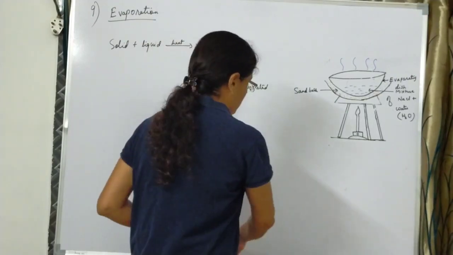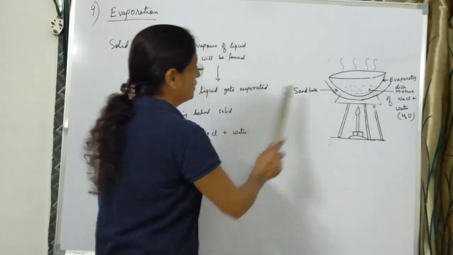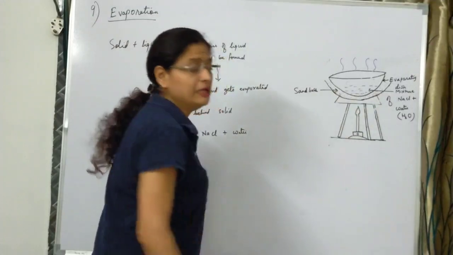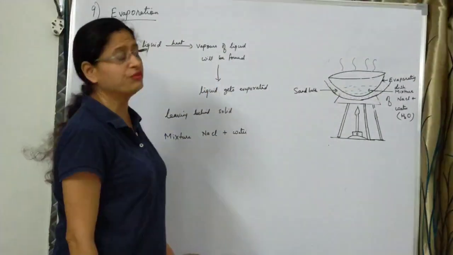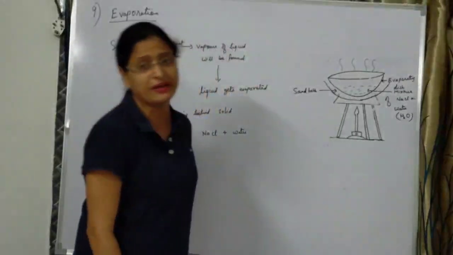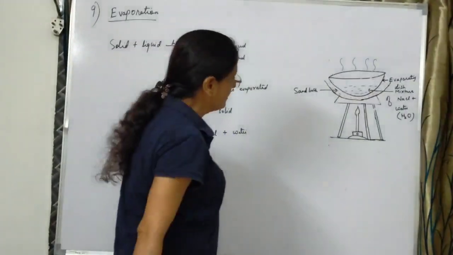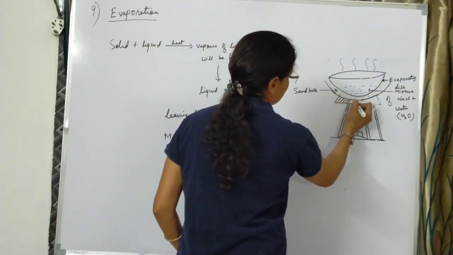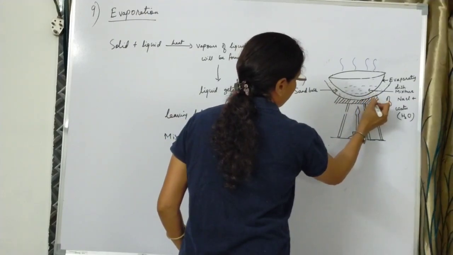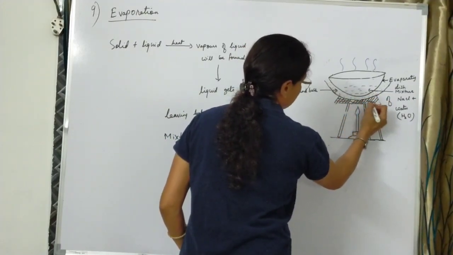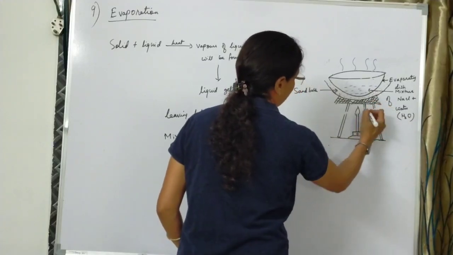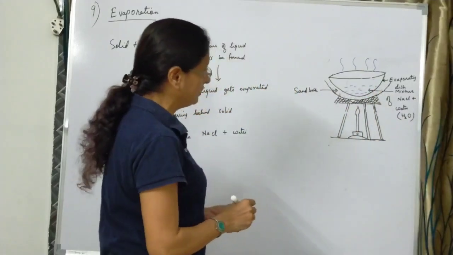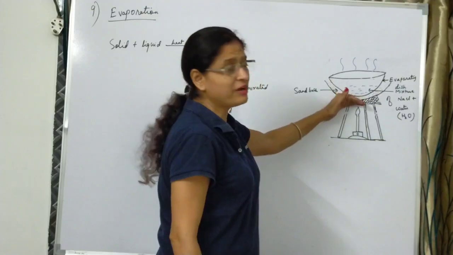So we take an evaporating dish, and once again we pour this mixture of sodium chloride and water over here. We can heat it directly also. There is no hard and fast rule as such. If you feel that your apparatus may break or crack, you may use a sand bath, or simply place it over a wire gauze. This is the wire gauze, a mesh made of wire. This arrangement is just made to protect our apparatus from breaking and cracking. So you can keep the evaporating dish, or porcelain dish, directly over the wire gauze and heat it.